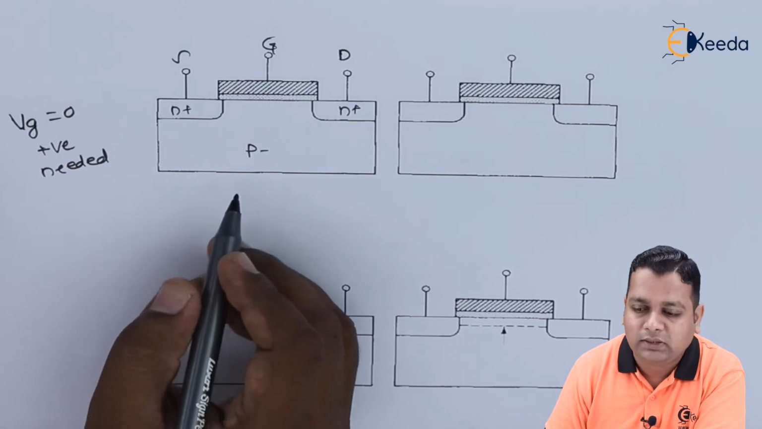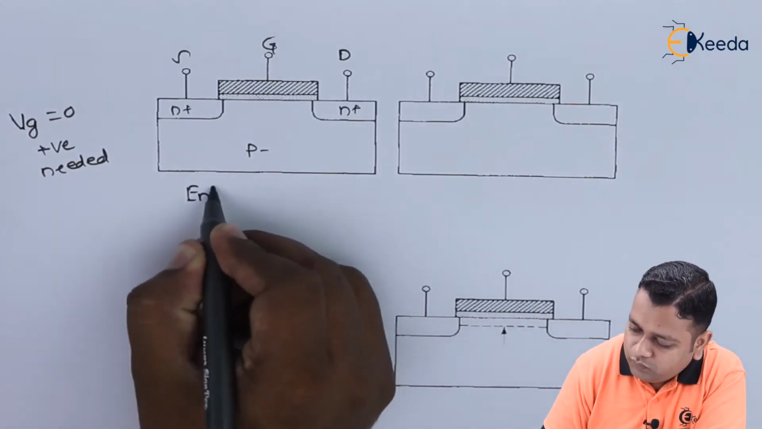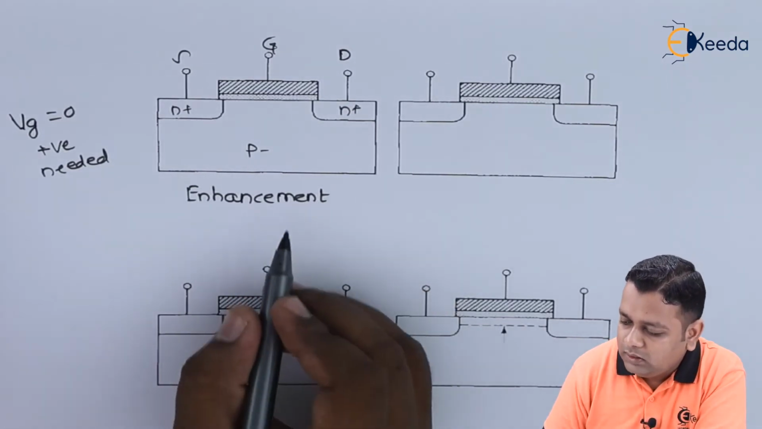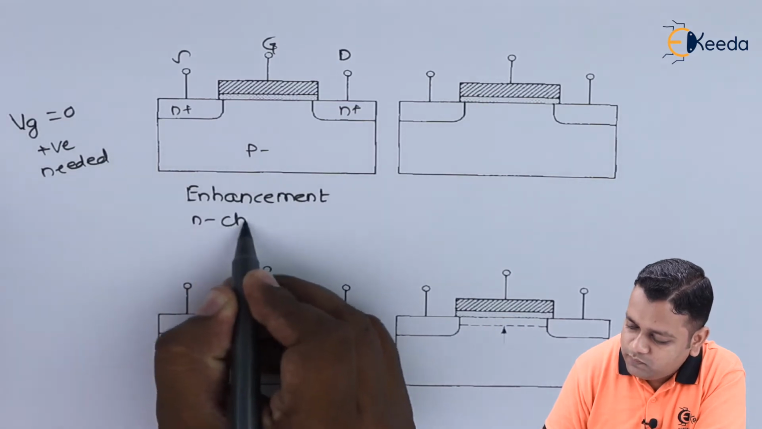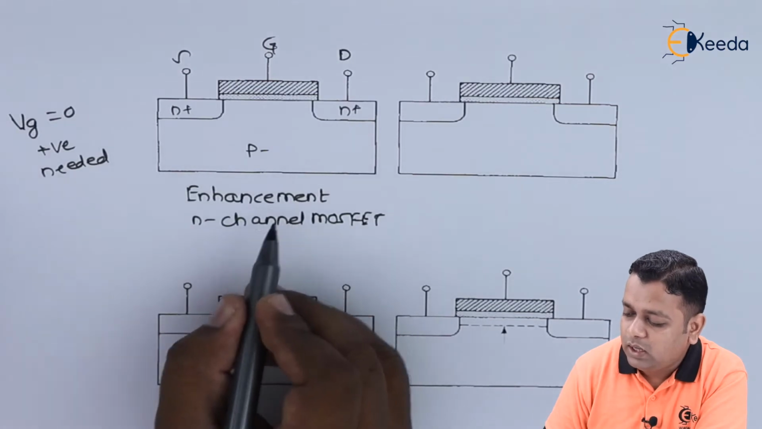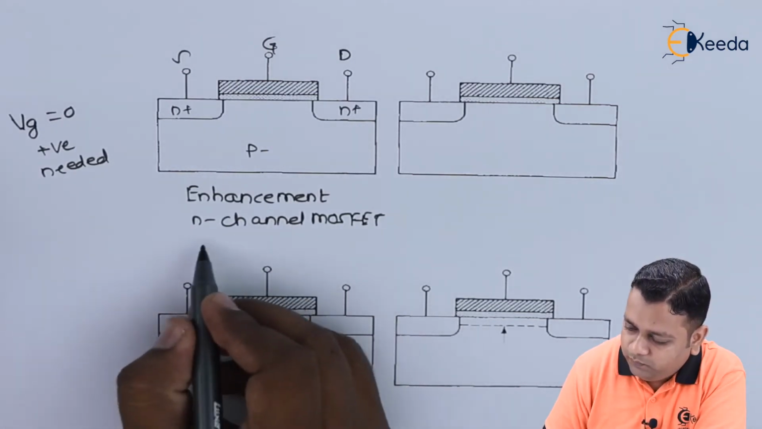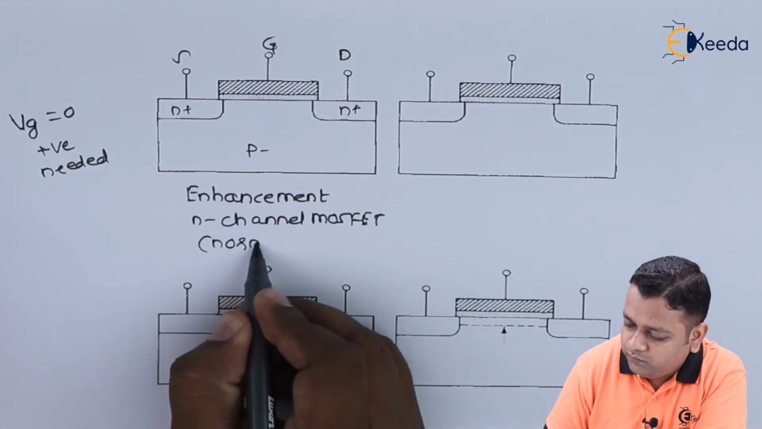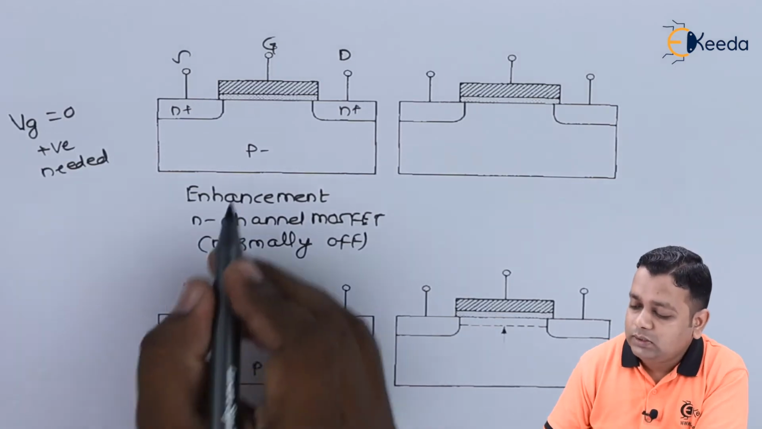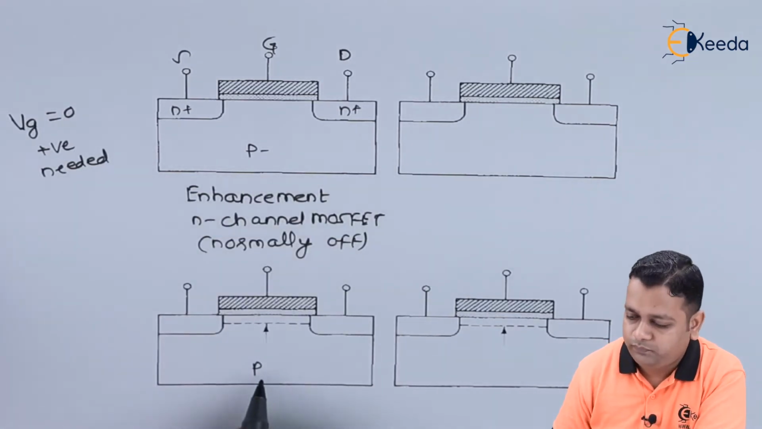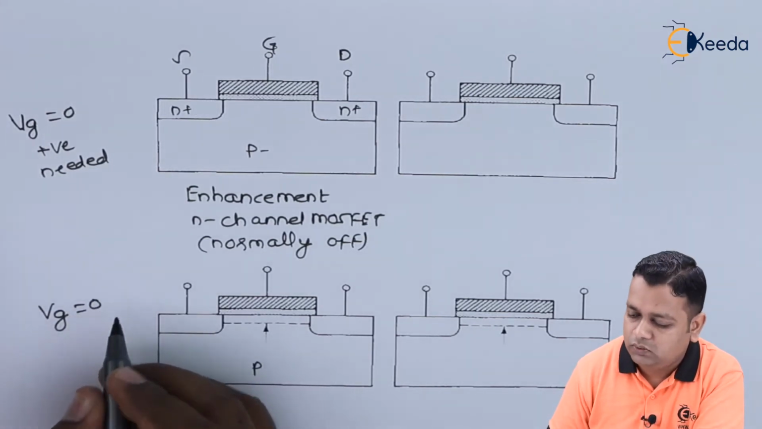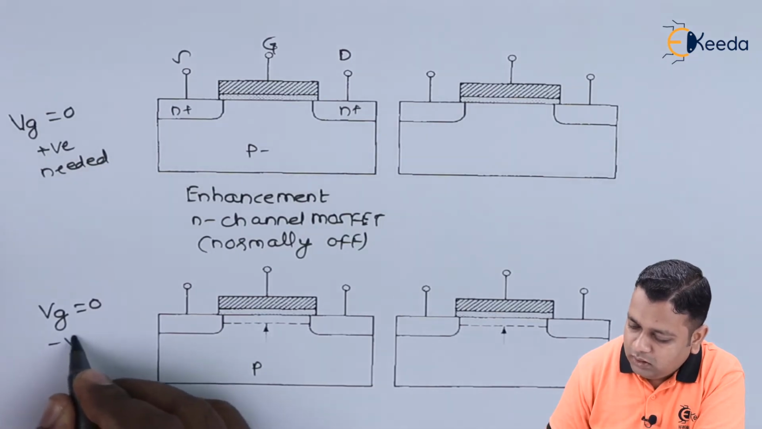This is called as enhancement type of the n channel MOSFET here. So the enhancement type of the n channel MOSFET is usually off condition. So I just mentioned normally off condition. Whereas the same substrate if we have taken here, and initially whatever the Vg it was equal to 0, when it is required to make negative,